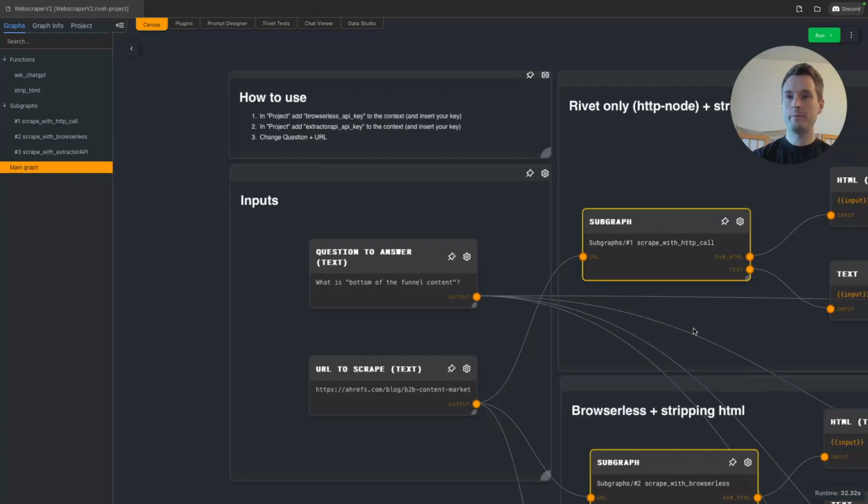Today we will be looking at web scraping and how to do it in Rivet. I think most people don't understand that this topic is far more complex than you think, even though it sounds pretty simple to just fetch the content from a URL and maybe just get the text or whatever. There are lots of things that can be an issue,